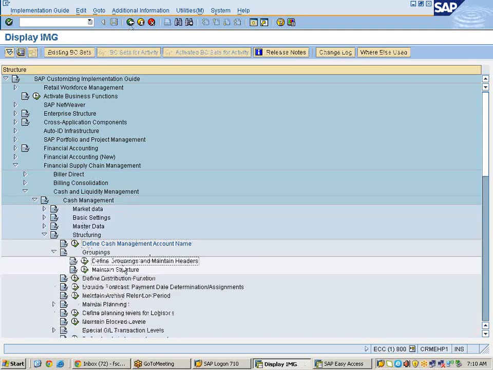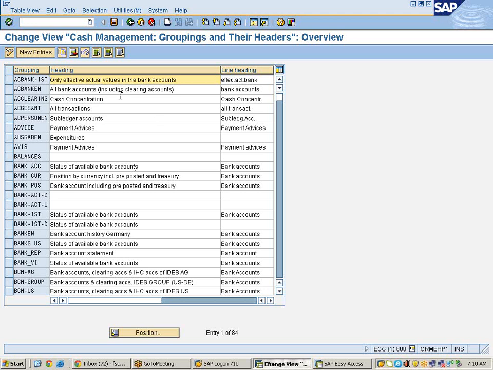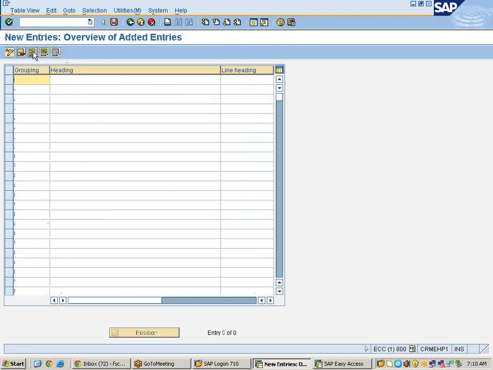Define groupings and maintain header. This is only for display purpose in the statement of cash management. So here, whatever the statement heading you want to define, you can update with this as per your own, or you can take the existing also.